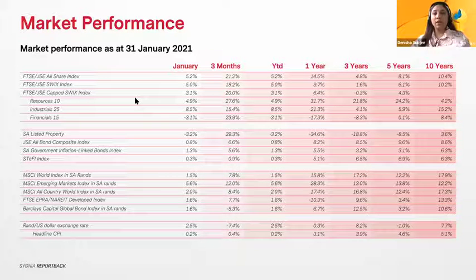Taking a look at market performance to the end of January, you'll see over 1 year, the All-Share Index delivered 14.5%, and the Swix and Cap Swix delivered 9.7 and 6.4% respectively. Resources delivered close to 32% and industrials 21%. These double-digit returns in the South African market were boosted by gains in the mining and retail industry, while investors